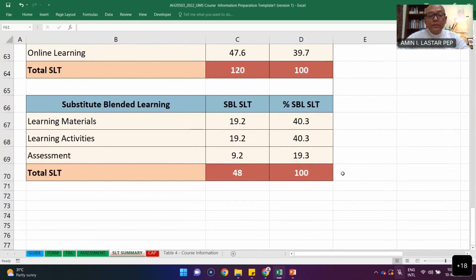40-40-20. This is what I meant earlier. Although when we try to have 40-40-20 here, the numbers are not actually accurate, because we have to have this 120 hours, 84 hours, and all those things. So you might get something like 40.3, 40.3, 19.2.